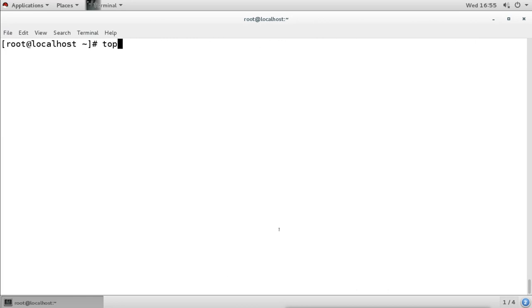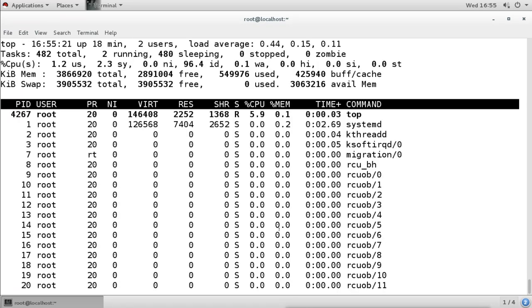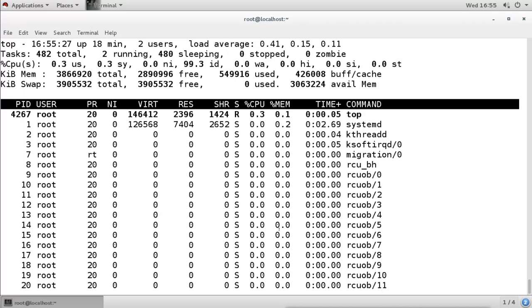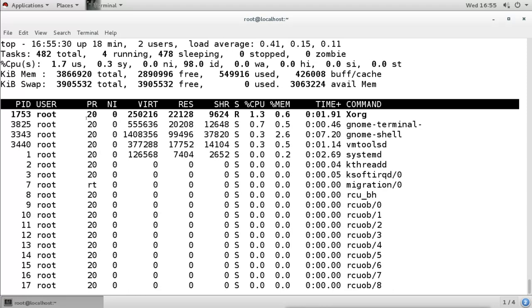Now we can use the top command also. It will give you a task manager type. In Windows we see the task manager, so what will this top command do? It will give the process monitoring like the task manager we saw in Windows. In real time it shows what is happening in the system and what processes are running, what resources they are using, and also it shows the PID, the priority and the nice value for that process.